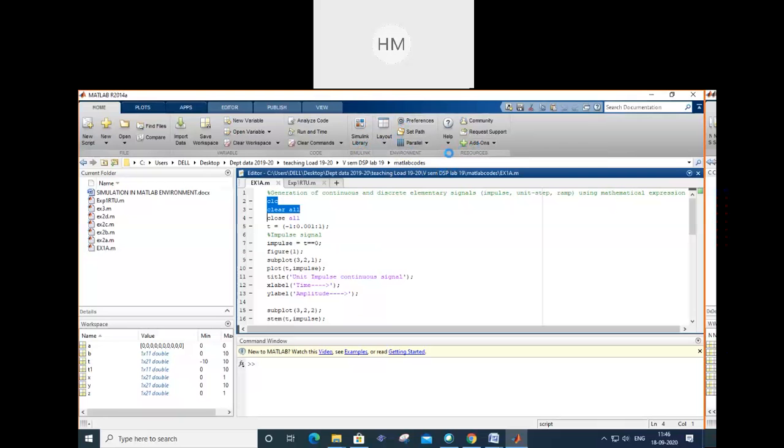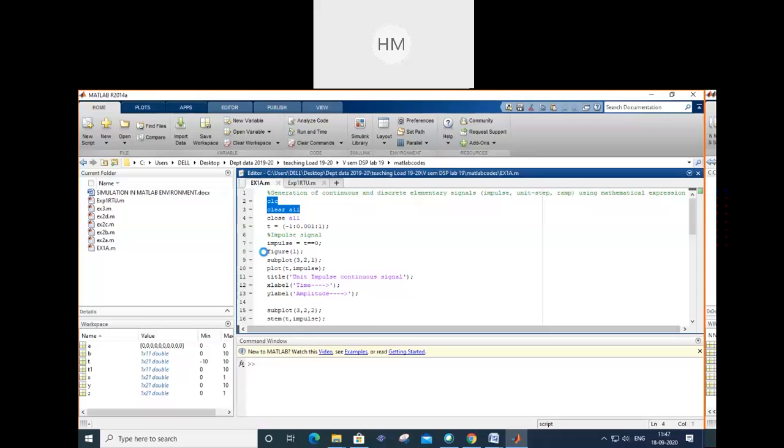So it's very easy. You will just open this software, you will write small programs, you will get your command. Help is always there to help you out. Many small examples are given in the help menu. If you're not getting a single command, you can write those commands in the command window.